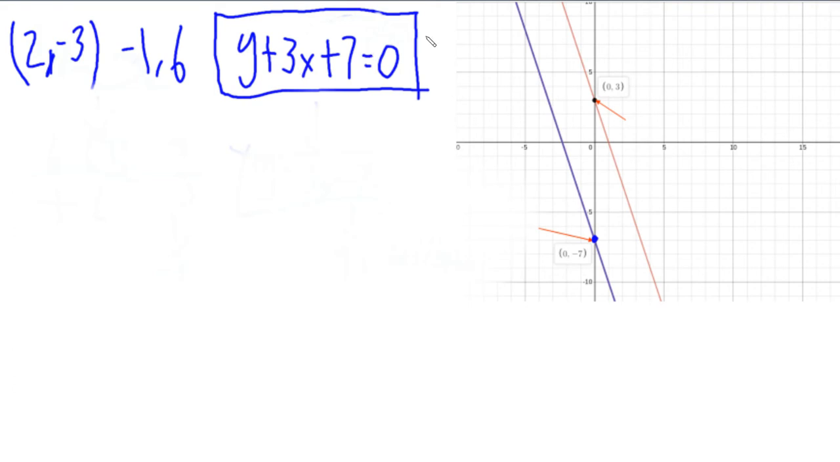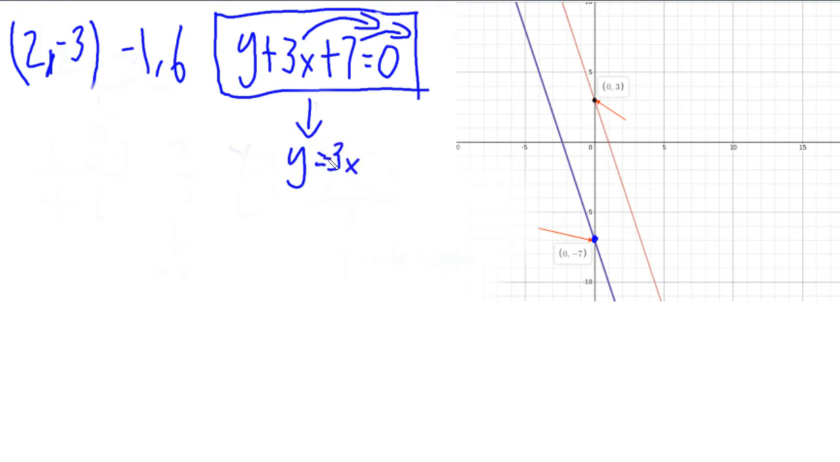Now this isn't in standard y equals mx plus b form. What is it called? The standard line equation. Now, how do we get it there? We just have to find y equals. To do that, we can take the 3x to the other side, and we can take the 7 to the other side. And then you get y equals